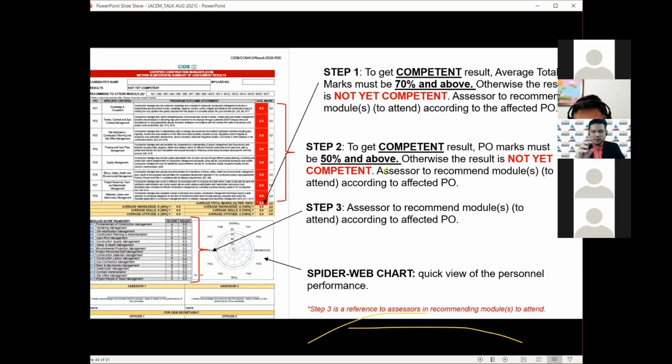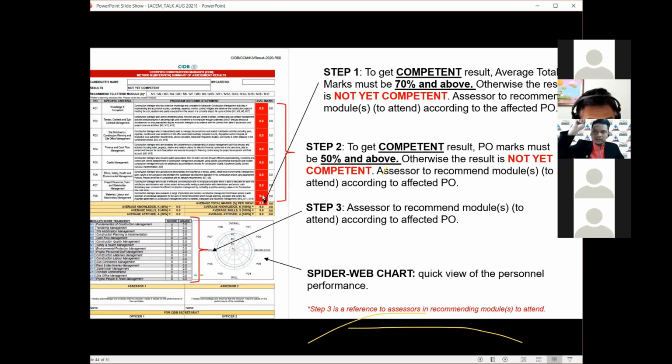So that is how small the gap is. If you get, for example, 69, to help you get 1 mark, we have to put 1, 2, 3, 4, 5, 6, 7, 8 marks in every PO.